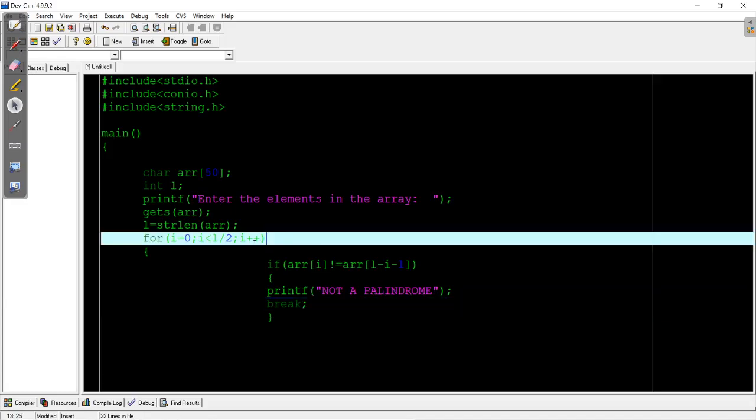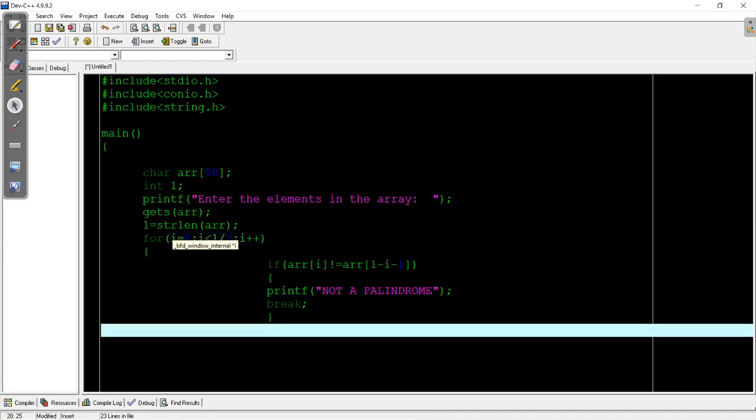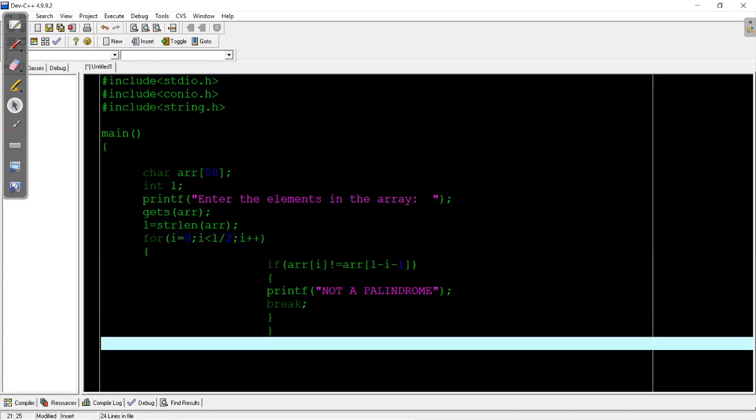We don't need to run the loop again, we need not check for other characters or other elements, right? So then we'll close it, and now at the end we'll write what?